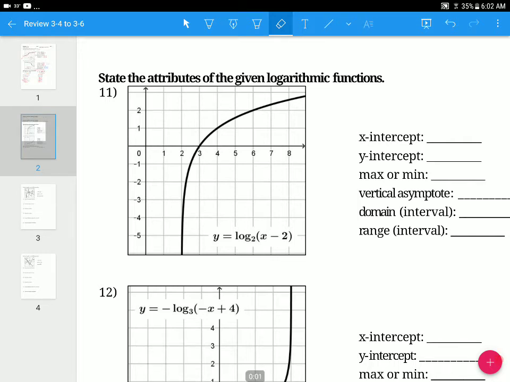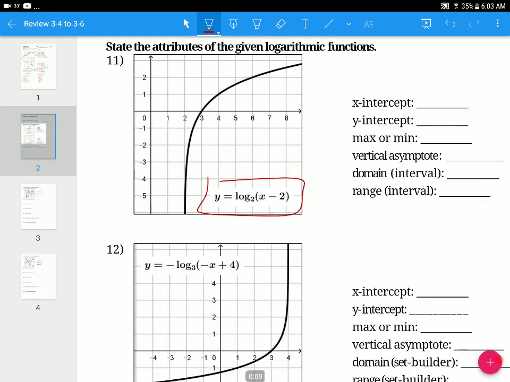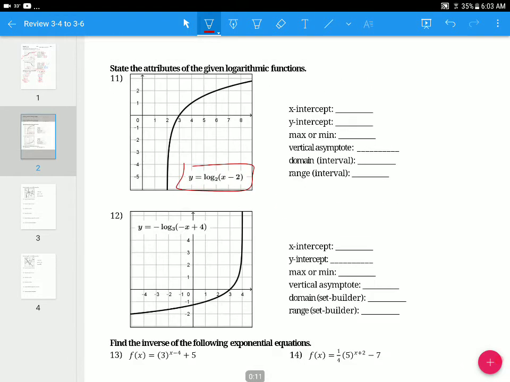All right, we're switching over to the graphs of logarithms and the attributes and whatnot. So first things first, I need to talk about how you put this in your calculator, because not everything is readily apparent for what you need, especially on number 12. You really can't tell your y-intercept very well on that. So you do need to know how to put this in your calculator. So grab a calculator if you don't have one already,